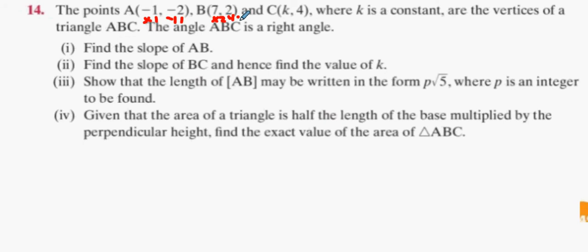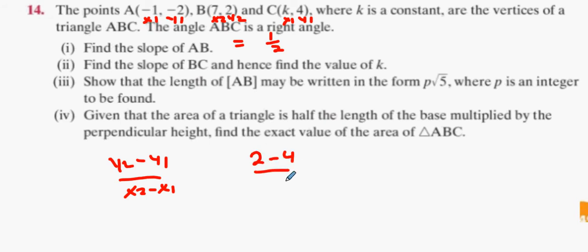Does anybody just want to give me the answer for that, or do you want me to do the actual slope? Alright, give me the answer for the first one then. A half? Alright, awesome. Now, the slope of BC is a different story. It's going to be the difference of the y's over the difference of the x's. So in this case, it's going to be 2 take away 4 divided by 7 take away k, which is